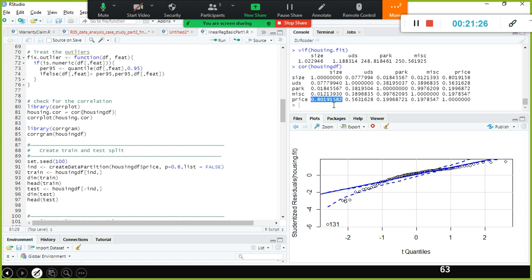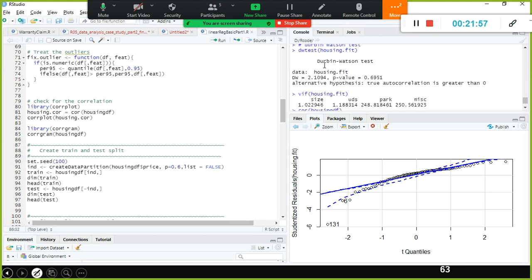Any value which is closer to 1 means these two variables are correlated well. This is somewhat closer to 1, and 0.56 and 0.60 are somewhat closer to 1, right? But if you look at these two values, it is 0.1, a very weak relationship. Very little correlation. That is what we discussed.